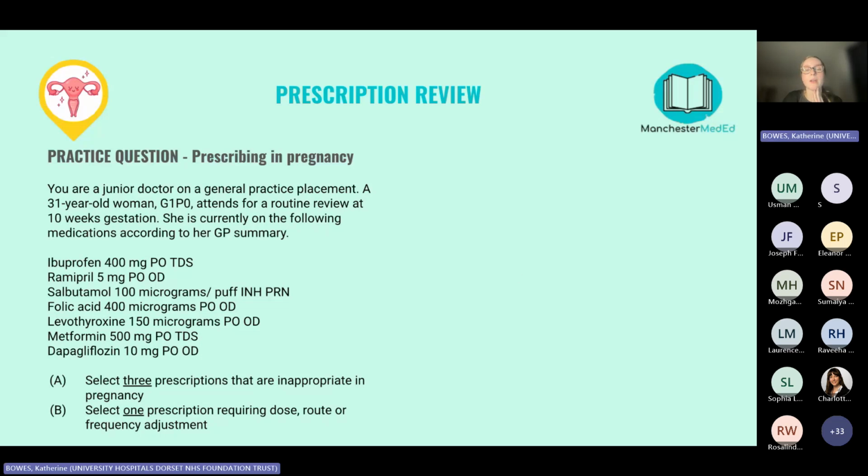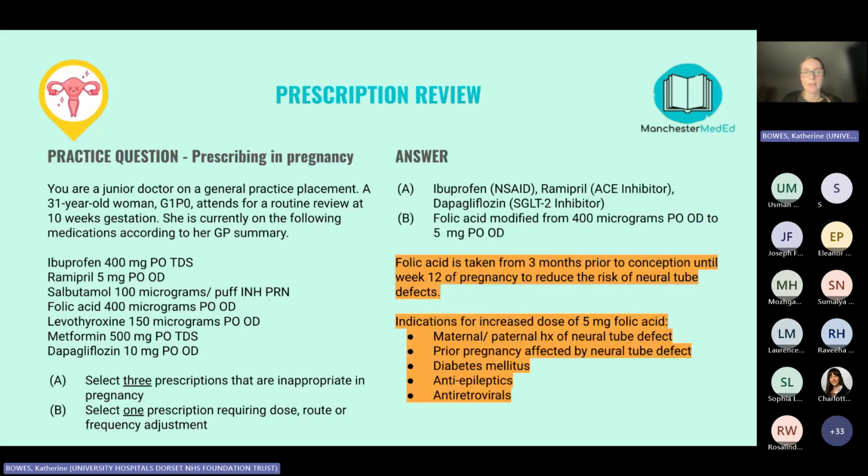Okay, so we'll go through this one now. All right. So the 3 prescriptions that are inappropriate, so ibuprofen, ramipril, and dapagliflozin. So ibuprofen is less appropriate in pregnancy. I think it still can be given in the right circumstances, but it could lead to premature closure of the foramen ovale, so within the baby's heart, and ramipril, so ACE inhibitors,